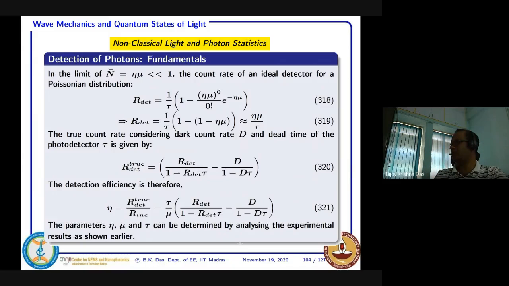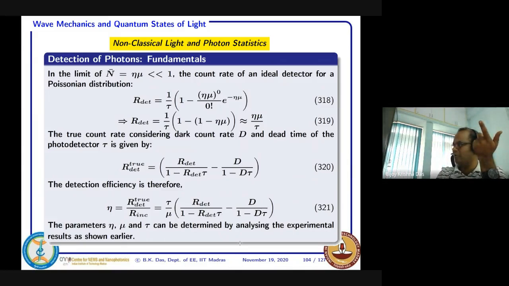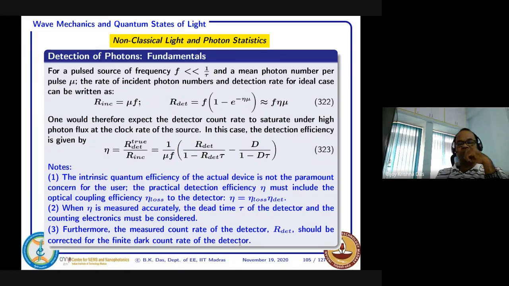Our frequency should be such that it should cover up that thing. That thing you have to mention, as I mentioned earlier also, because within that, another pulse comes within the dead time, and if a photon is there, for example, you will not be able to see it. Okay. Right. So next thing is that